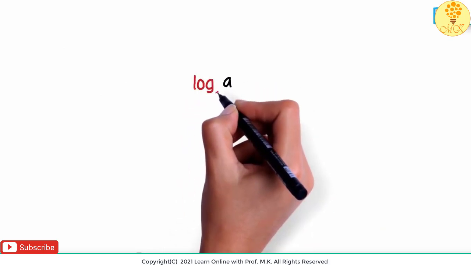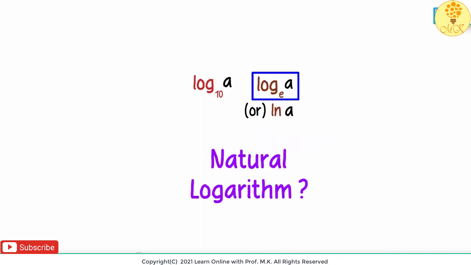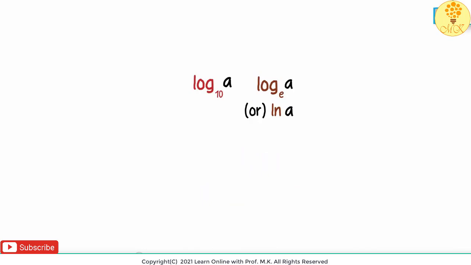We have seen examples in which the base of the logarithm is 10 or sometimes it's e. Log to the base e is also written as ln or the natural logarithm. Why is it called the natural logarithm? We will see that in another video, but for now, you should know that these 2 are the most commonly used bases in logarithms. Base 10 and base e. And most of the scientific or the financial calculators have one or both of these 2 logarithms.